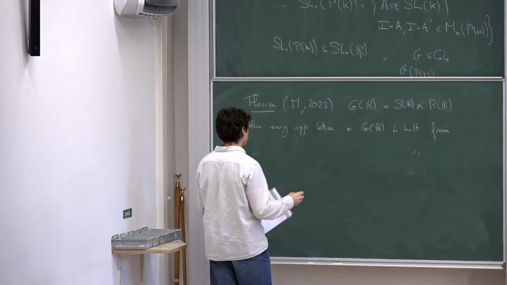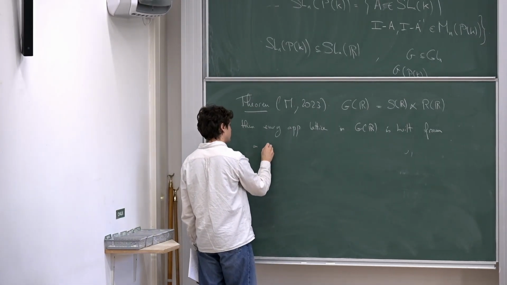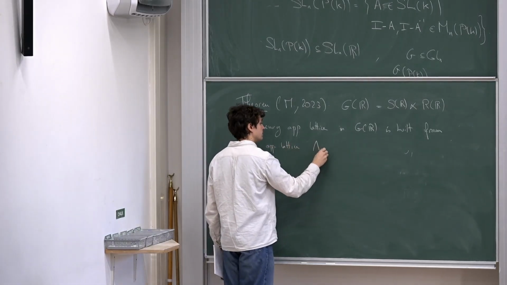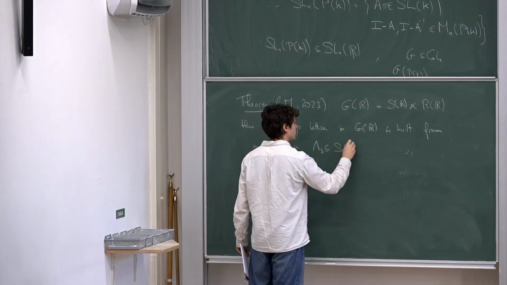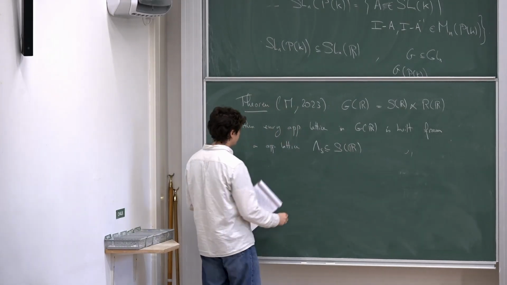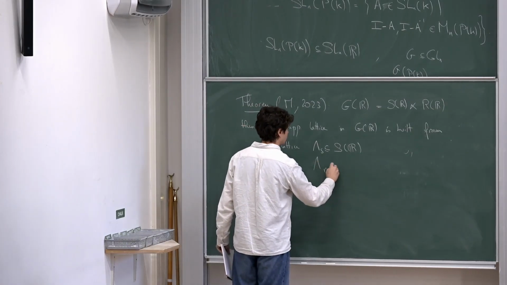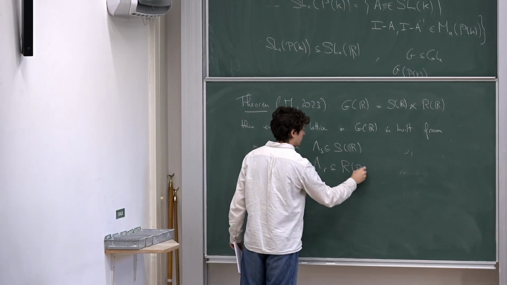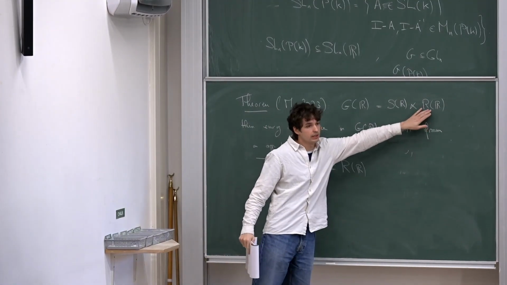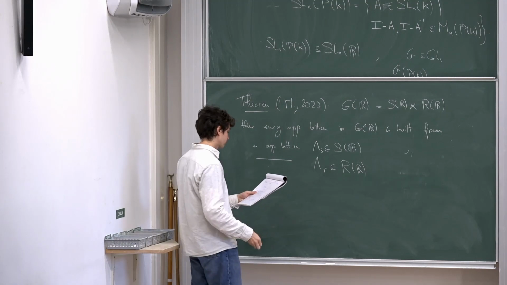The first one is an approximate lattice, let's say lambda S in S(R), and an approximate lattice lambda R in the solvable part. So you have first an approximate lattice here, an approximate lattice here, and I'm just going to take an extension and